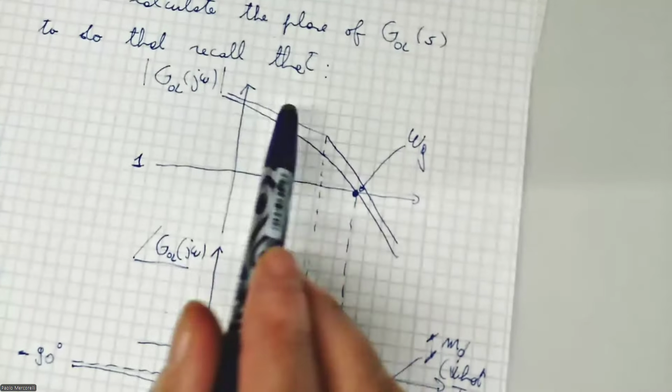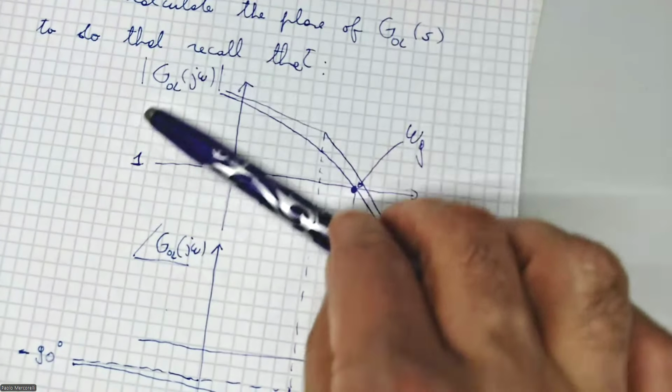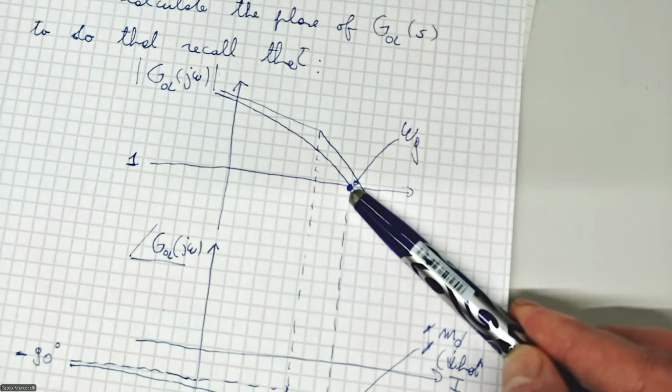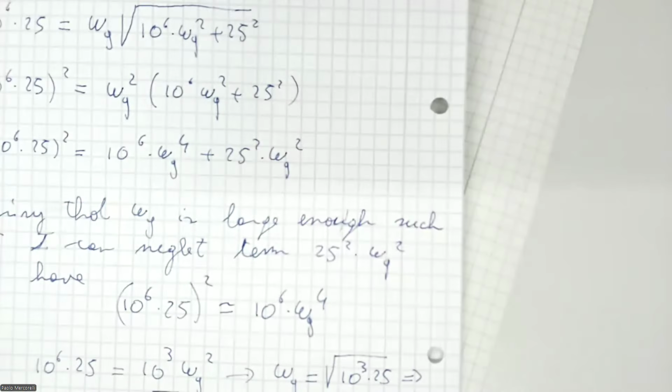You remember the idea is to design a Ki very large. This means the Bode diagram is, roughly speaking, quite high. This means to say that omega g, this crossover frequency, is large enough, or mathematically large enough means